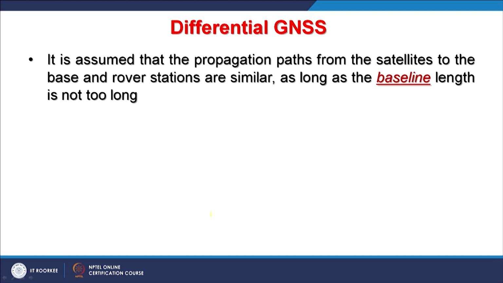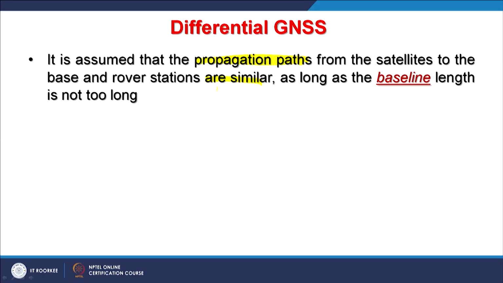However, it is further assumed that the signals coming from these satellites to these two receivers are going through the same propagation path. If this is different, then it will affect our accuracy estimation or location estimation. So, it is assumed that the propagation paths from satellite to the rover and base stations are similar, as long as the baseline length is not too long.